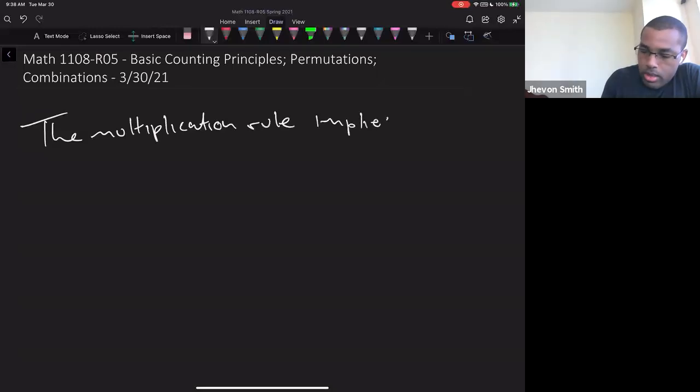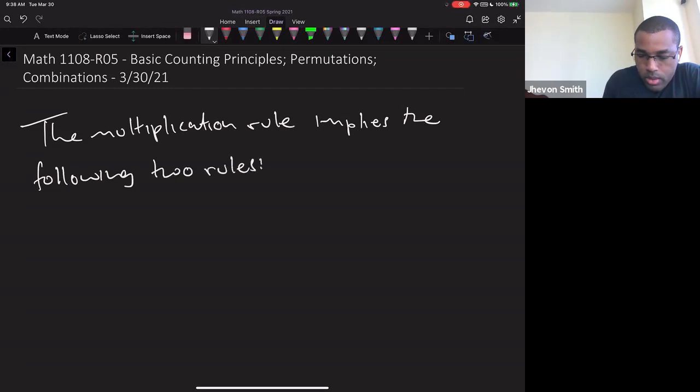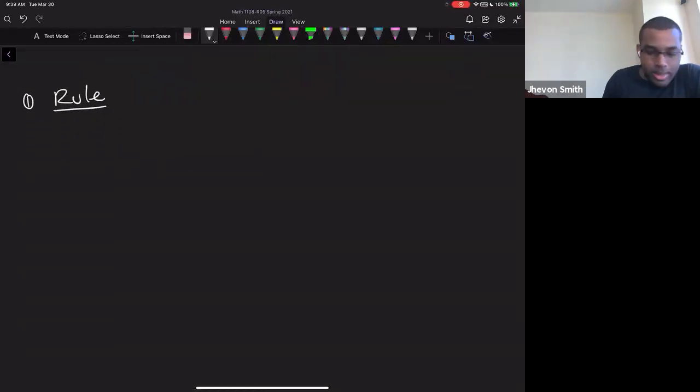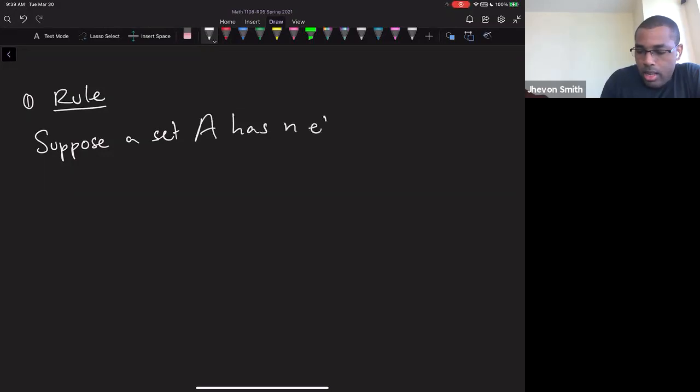Implies the following two rules. Here's a rule. Suppose a set A has n elements. Then